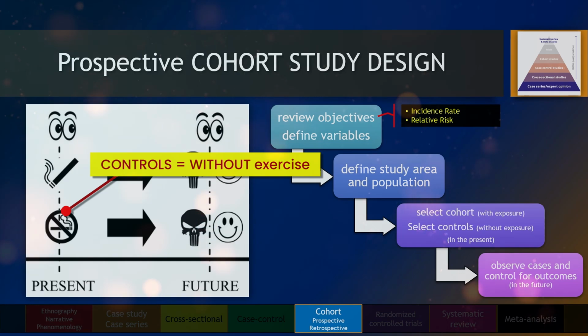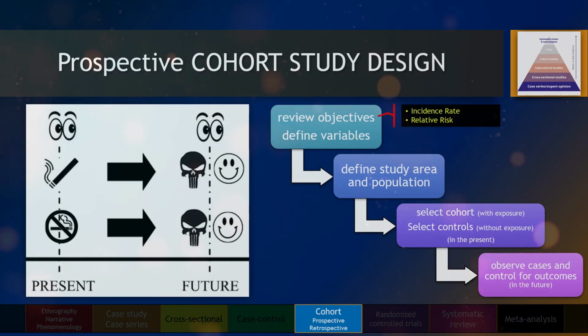The control group or external controls are defined as respondents without the exposure of interest. Similar to a case control design, you usually recruit controls with some sort of matching, meaning the characteristics of your controls generally are the same as the characteristics of your cohort group, this time except for the presence or absence of the exposure. At this stage, you still don't know whether your cohorts or controls have the outcome.